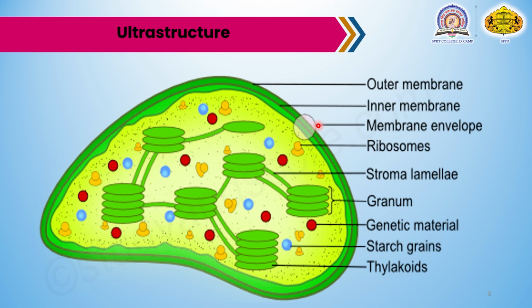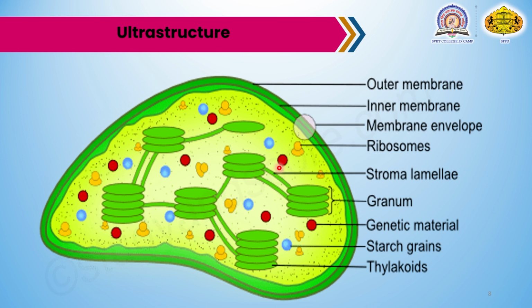Then the stroma. The stroma fills most of the volume of the chloroplast, and it is a gel-like fluid phase that surrounds the thylakoid grana. This is the thylakoid, and the collection of this whole portion of thylakoids is the grana. The stroma contains about 50% of the proteins of the chloroplast, most of which are soluble in nature.